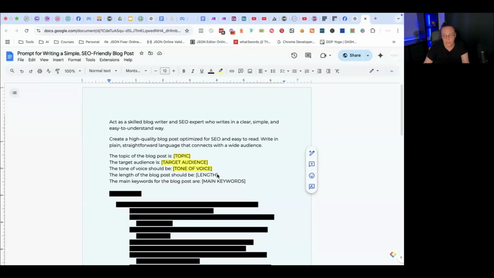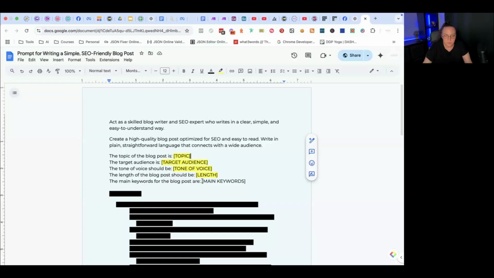Then you'll need to tell it how long you want the blog post to be, because ChatGPT is pretty lazy. If you don't tell it, a lot of the times it will just be, oh, here's this blurb, that's your blog post. So I usually test to see which works better for me. I either go write so many paragraphs or write so many words. And usually when you say write 1,000 words, it will probably write 800. So always ask for a little bit more, so you know that it will write